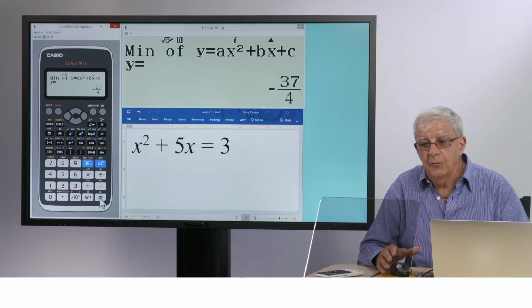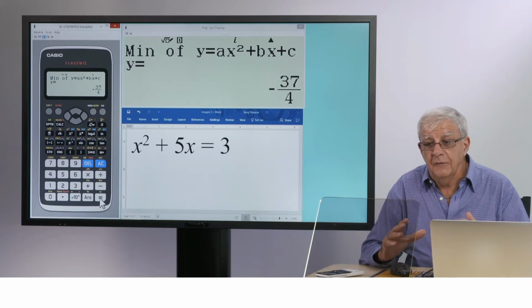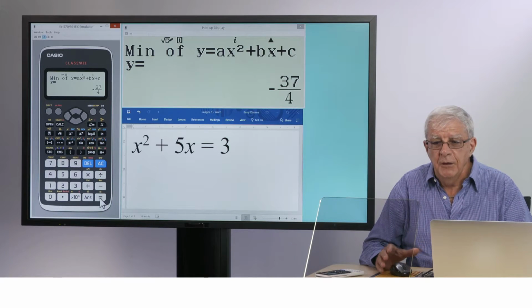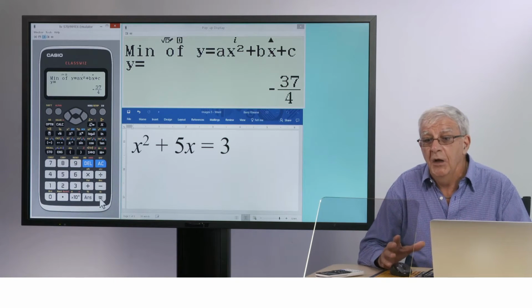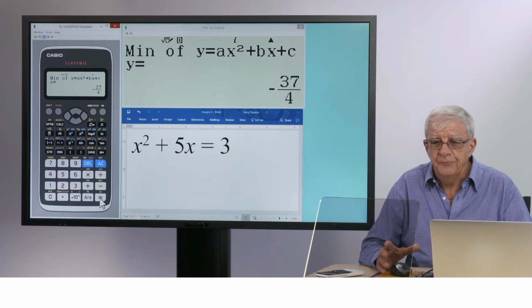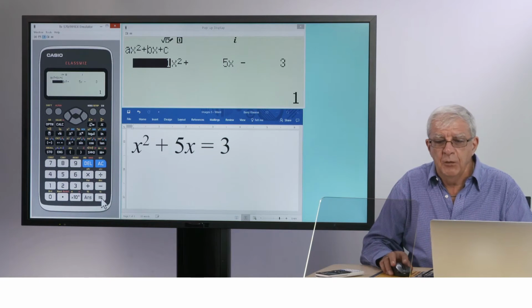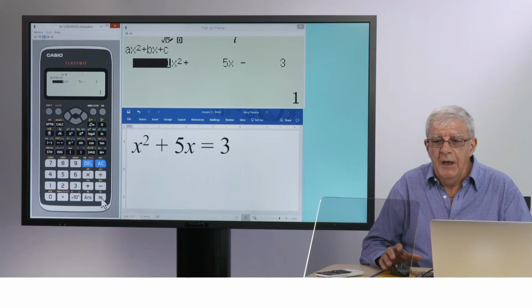This is really helpful to graph the parabola that's associated with this equation, because the roots of the parabola, which are the solutions to the equation, and the turning point are all determined automatically. If you tap equals, the equation will reappear again, and you can edit it or change it to a different